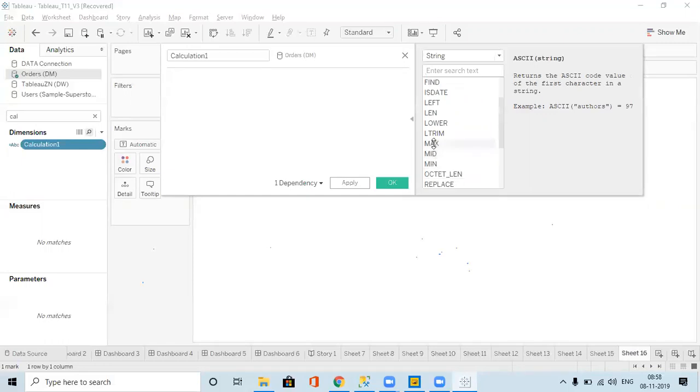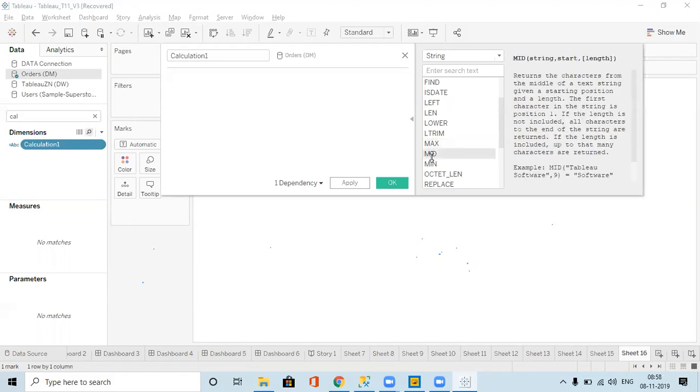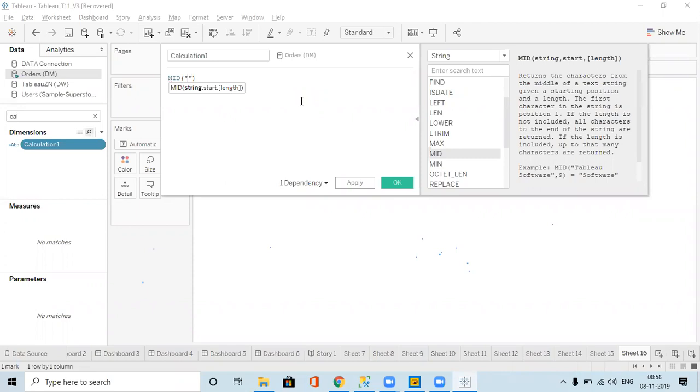And we have the Max function; it gives the maximum value. Mid function. What is the use of the mid function, guys? For example, I give the text NU Infotech, comma, and I want to get the second name, Infotech.